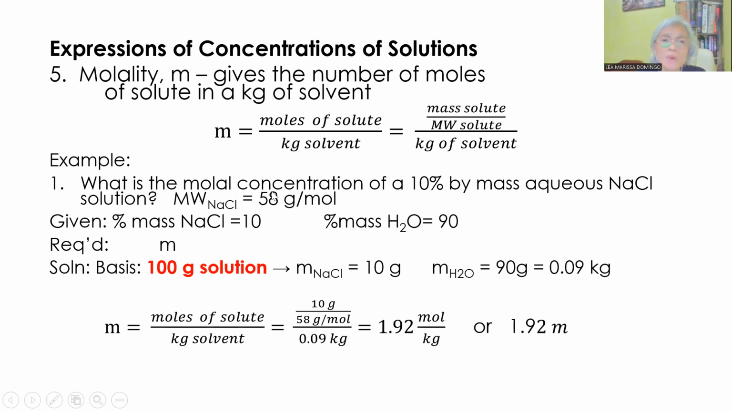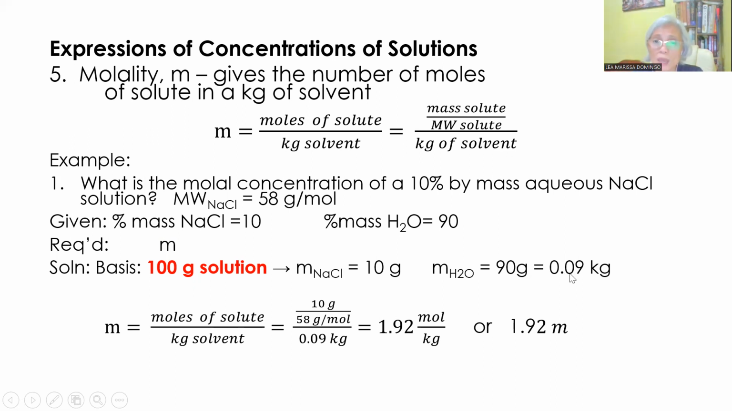Okay, so what is the molal concentration of a 10% by mass aqueous sodium chloride solution? Molecular weight of sodium chloride is 58 grams per mole. So percent mass of sodium chloride is 10, percent mass of water is 90. What we need is their mass, so we need to have a basis. We use 100 gram of solution as our basis so that the percent by mass will be numerically equal to the mass. The mass of sodium chloride is 10 grams and the mass of water is 90 grams